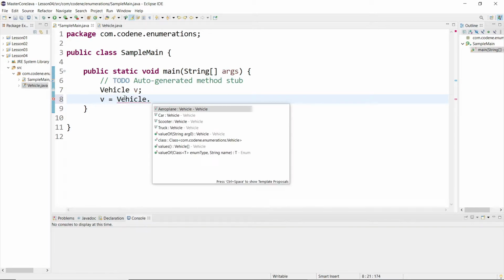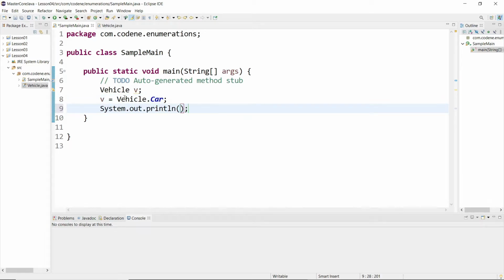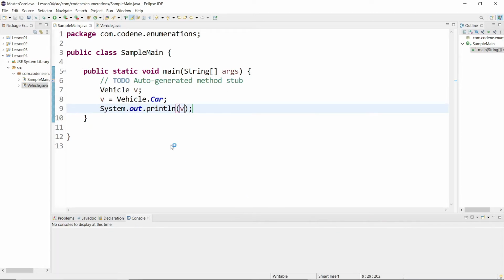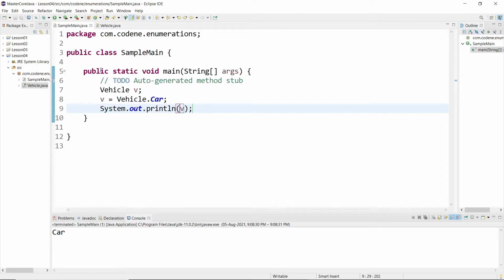You can assign, for example, car. So when you print this value, like you print v, it will simply print car only. So your constant that you have declared in this enumeration, that's what you will be using. So nothing but a collection of constants.